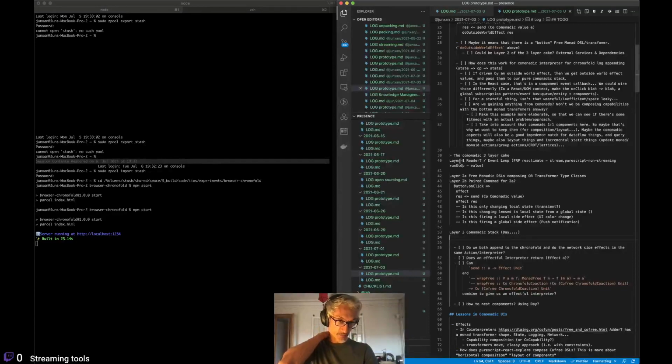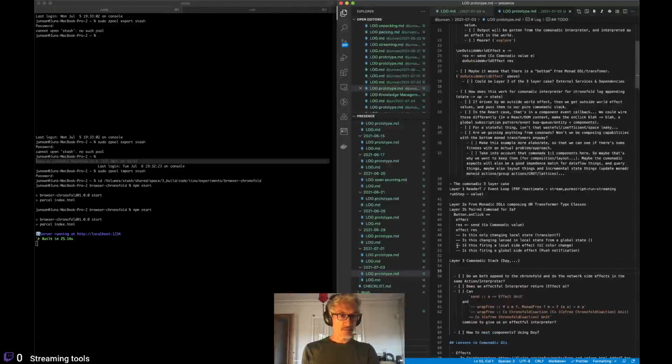Some of them are in principle not revolutionary, like the three-layer cake, but applied to a comonadic setup context, that might be a little bit more tricky. One of the things that emerged is that it could be that layers 1 and 2 are actually monadic, and then we switch to comonads somewhere along the way. And I'm not so sure that at this point it's a huge gain to do comonads, but